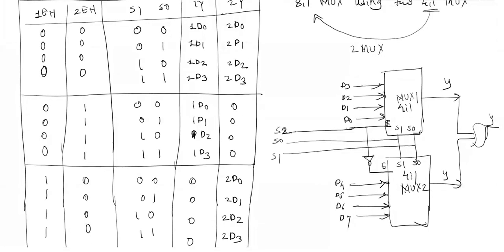Now similarly, if you want to implement a 16:1 multiplexer using 4:1 multiplexers, how many 4:1 multiplexers will be required? Four. You have to use 4 multiplexers. The common inputs S0 and S1 of the first, second, third and fourth multiplexers you can connect together, and S2 and S3 you can give to the last multiplexer. That is how to expand the multiplexer.